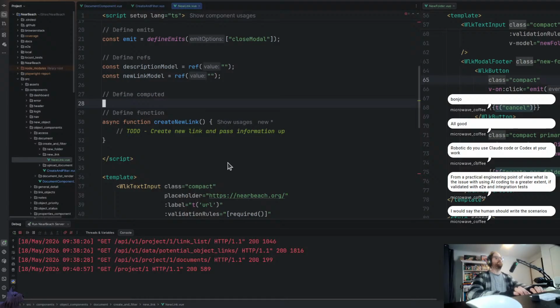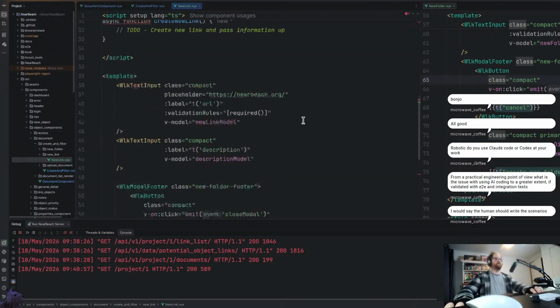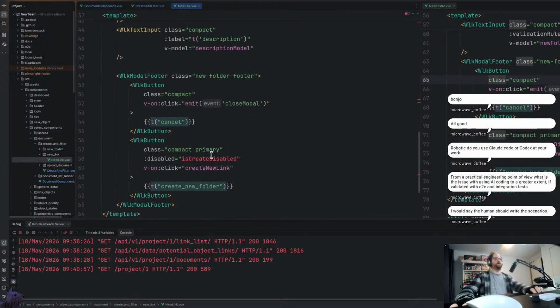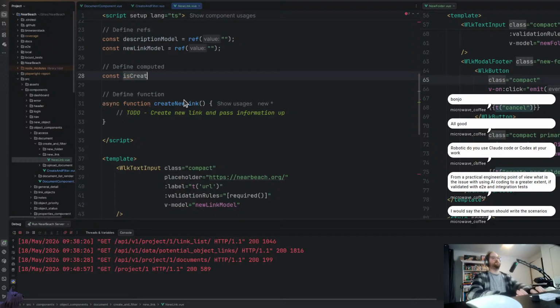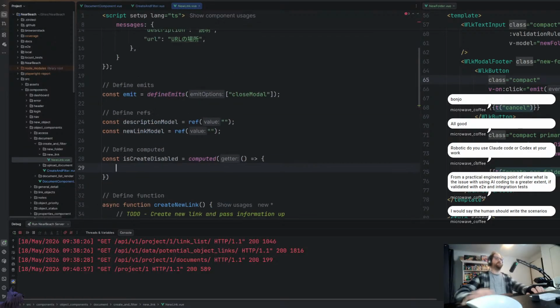There we go. Define computed. So const is create disabled. Yep, is create disabled equals computed. We'll do something like this, and then we just need to make sure that the new link. All right, this will be as simple as return new link model dot link. Oh no, sorry. Equals that. All right. So if it equals nothing,